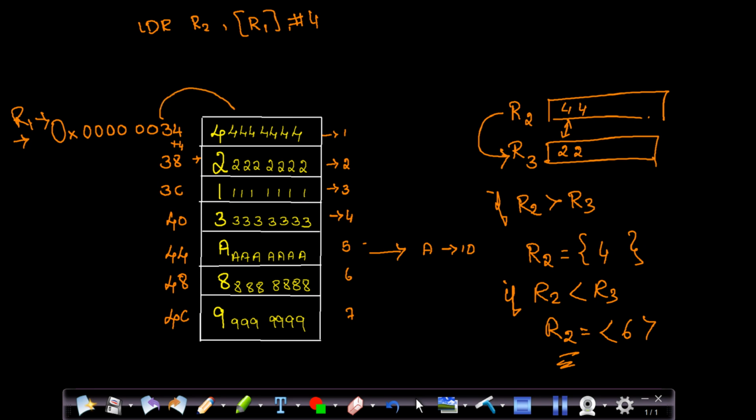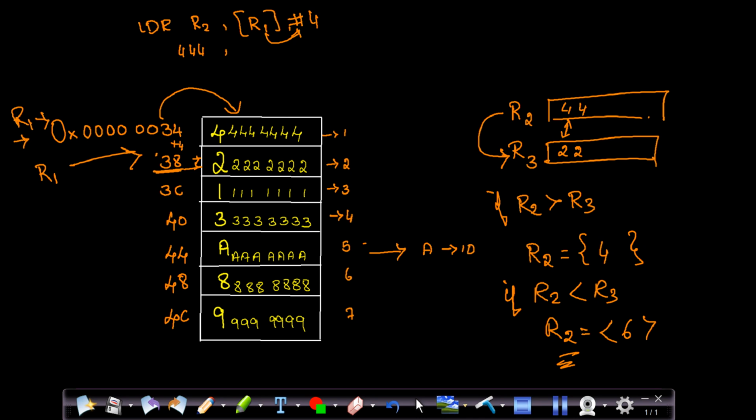What is the value which is inside your address? It is 4. So 4 will be copied to your R2. And your R1 will be incremented by 4, so that your R1 will be pointing to the subsequent next memory location. It will be pointing to 2, so that it will be having the address 38.